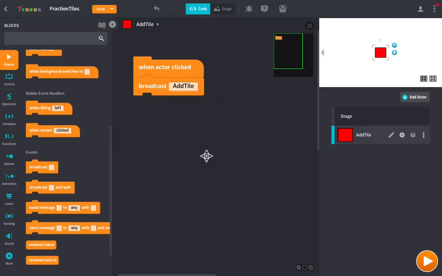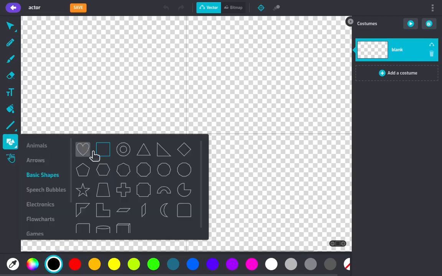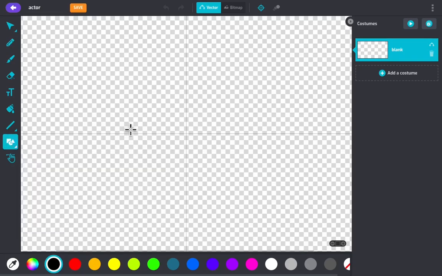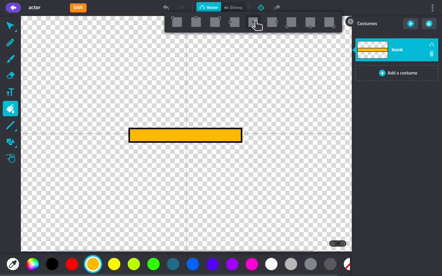Okay, so next thing we want to do is create another actor for our fraction tile. So let's go to add actor, let's use the drawing tool, and then we're going to go back to our basic shapes. We want a rectangle, but this time the rectangle is going to be kind of long. This is going to be our one tile, and we want to again give this some kind of a fill. It doesn't really matter what color for now. But we do need to make sure that this is centered on the canvas,